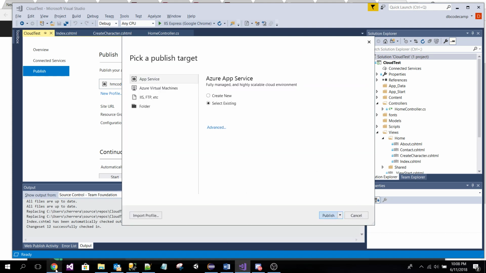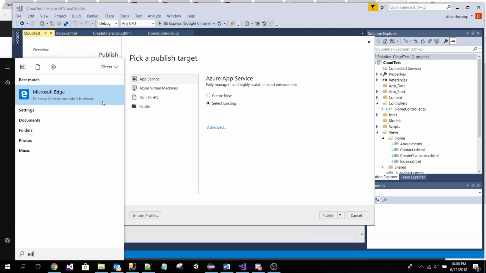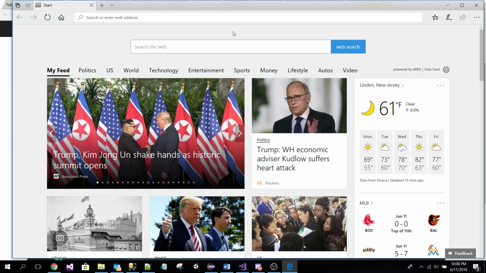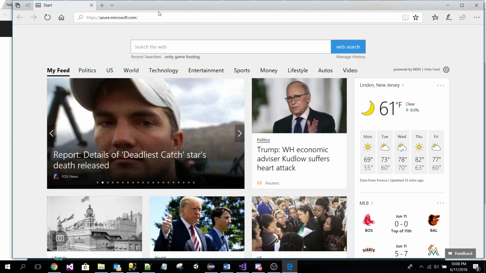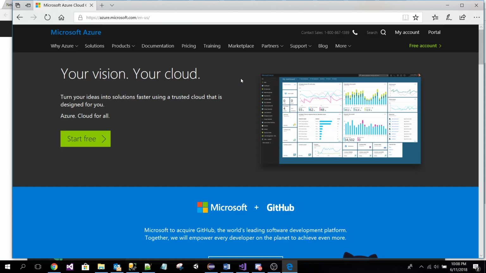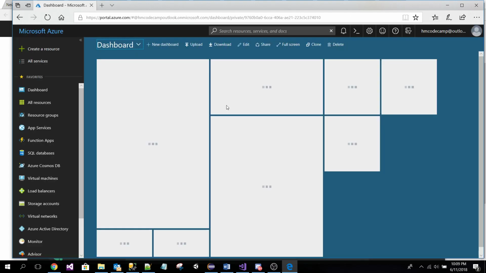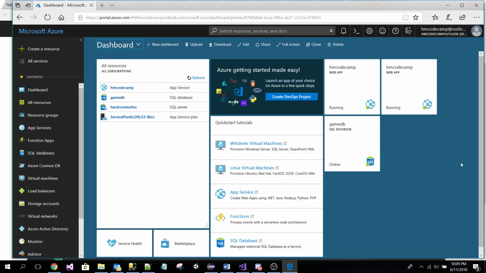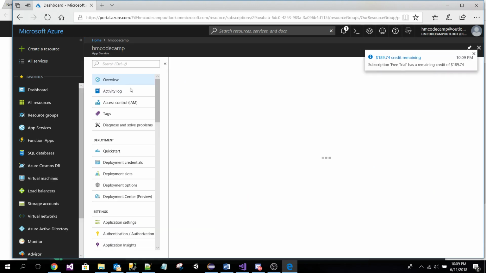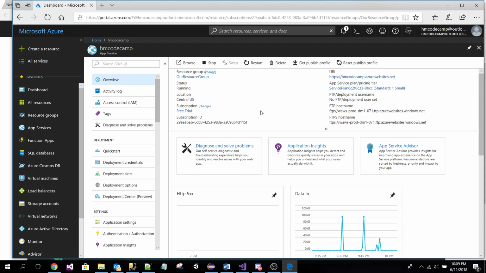Again, this is really good stuff. Let me see. I think I was using Edge to access this thing. Portal. I hope this remembers. Oh, okay. Beautiful. Okay, so app service. Credit remaining. Yeah! I gotta make sure. Okay, so